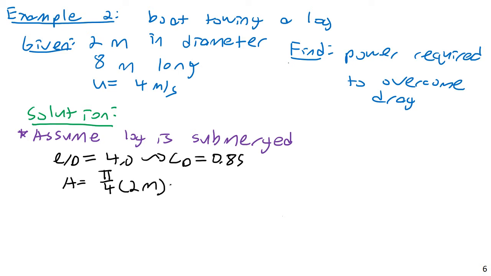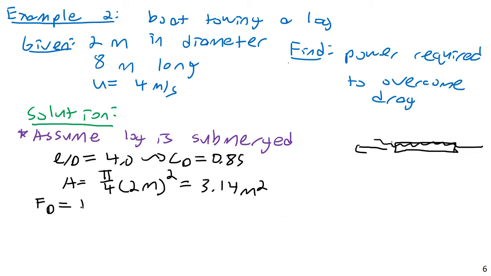So it's because this thing is moving like this. Here's the log, being towed along with the water kind of like there. So the frontal area that's being struck is this one here. Pi over 4 times 2 meter quantity squared will equal 3.14 square meters. So exactly pi square meters of log will be striking the fluid. And so next I'm going to find the drag force,